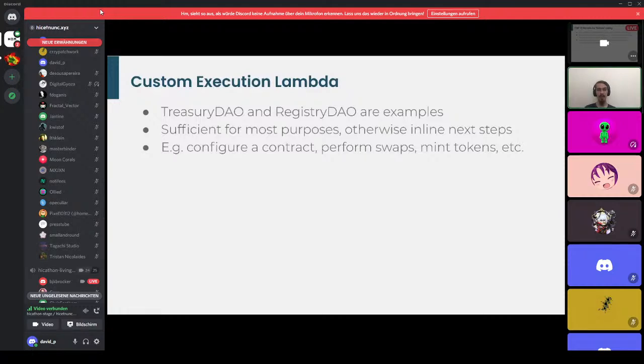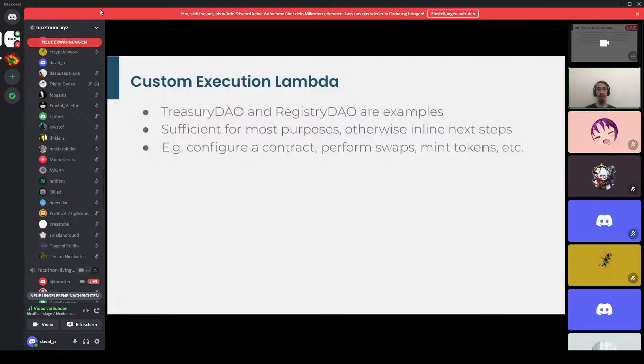Other examples might be a list of administrators for a certain project, or a list of developers, or who's allowed to do certain things. It's really sufficient for most purposes to just have a registry DAO, because if you do want your DAO to do something besides